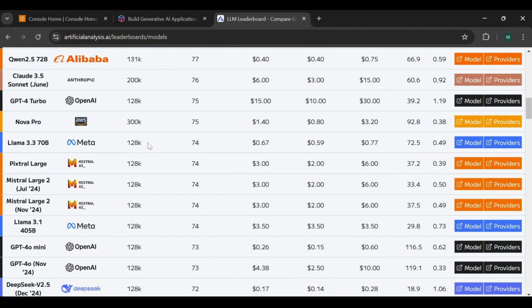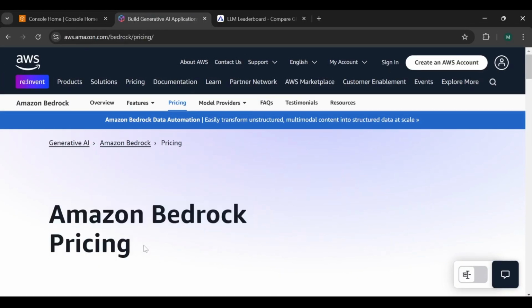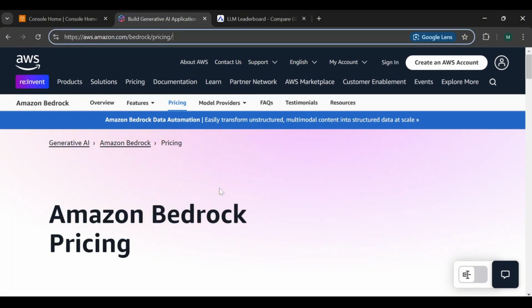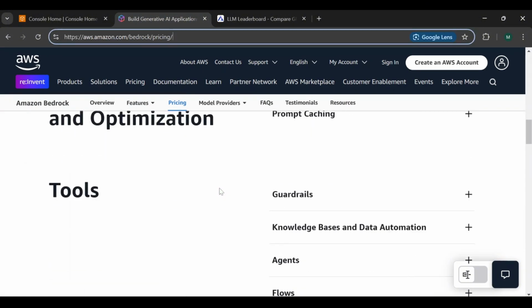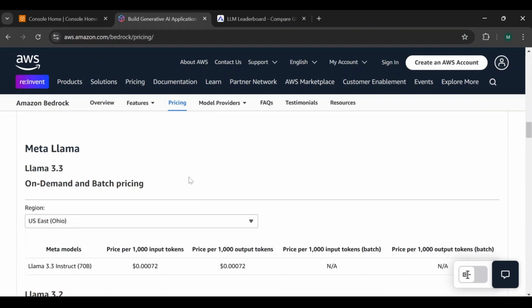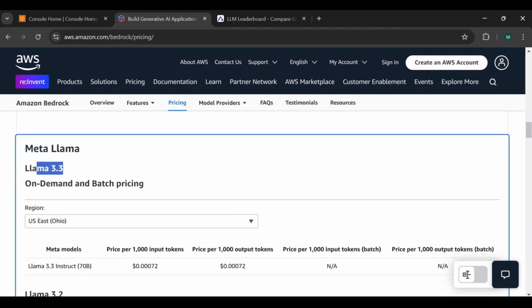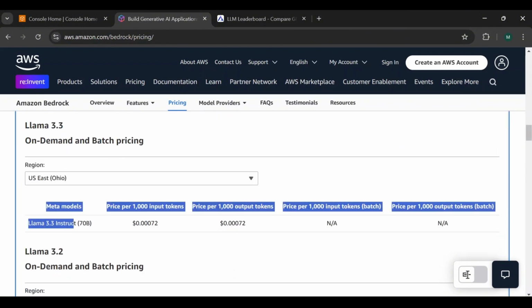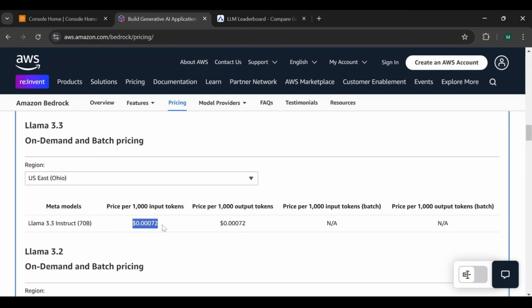Okay, so now that we've quickly looked at relative performance and cost for our target model, we need to know exactly how much it's going to cost us on Amazon Bedrock. So we go to the pricing page for the Bedrock service, and scroll down to the Model On-Demand Pricing section. Here we can go to the Meta Llama section, and we get detailed pricing for each specific model. In our case, the Llama 3.3 model will cost us $0.72 for each million input tokens, and $0.72 for each